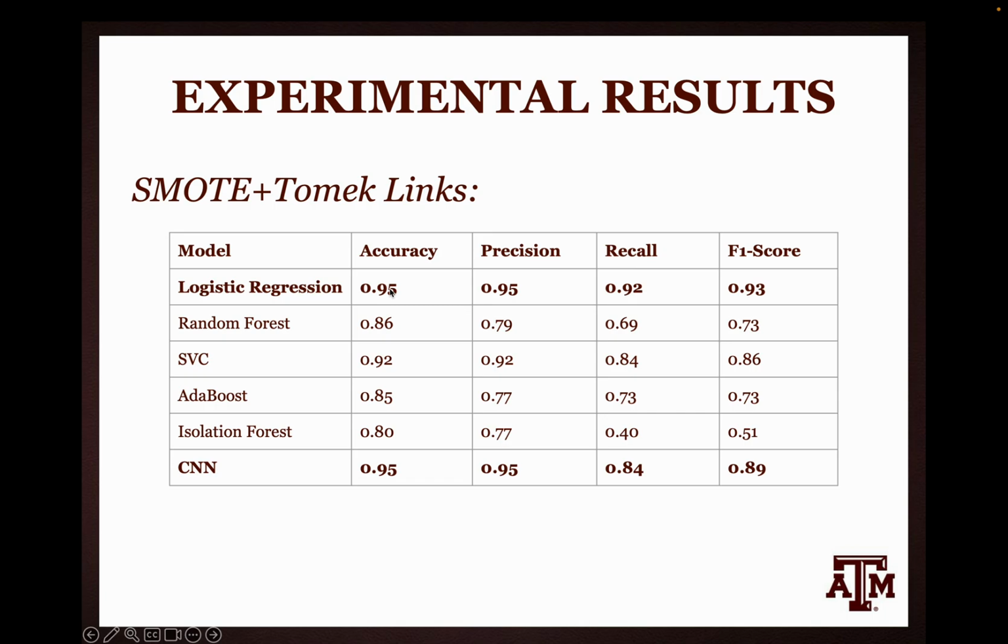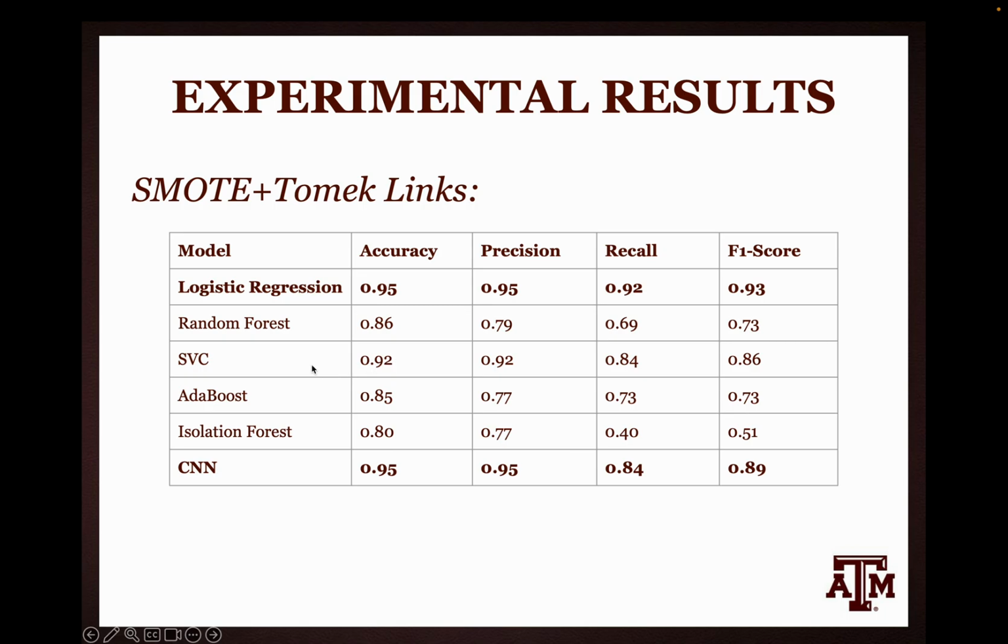The third technique used is SMOTE plus Tomek Link. SMOTE technique, as I already mentioned, is an oversampling technique. So this can induce some artificial data leading to the overfitting of the model. So in Tomek Link, we choose random data from majority class. And if the random data's nearest neighbor is the data from the minority class, then it removes it, therefore performing undersampling. Tomek Link is a data cleaning technique that focuses on eliminating borderline instances that cause ambiguity. Using this model, we got an accuracy of 95% for both CNN and logistic regression, and second highest is 92%